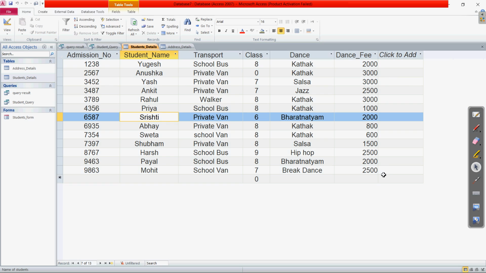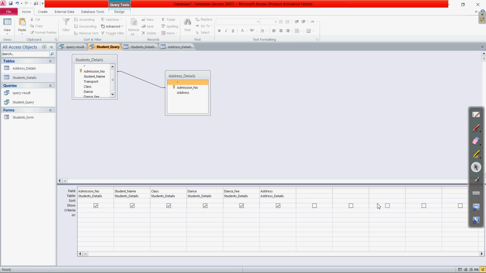Clear? And here we have various values. So let us also apply some similar criteria using the operator. In the criteria, in the dance fee, I am going to write greater than 2500. Fine, we have written greater than 2500. So this is the value. We want all the records which have a dance fee greater than 2500.